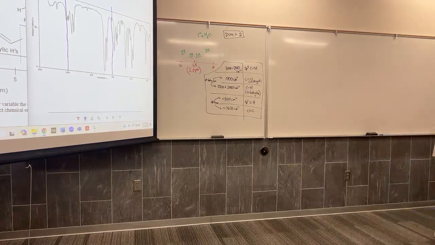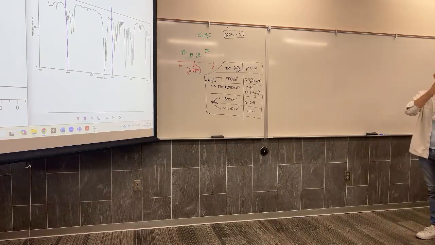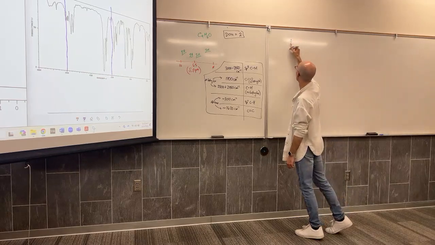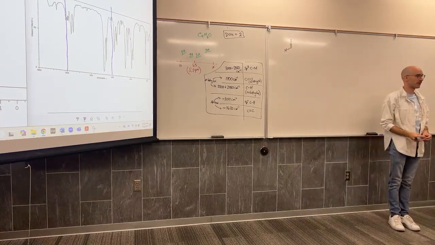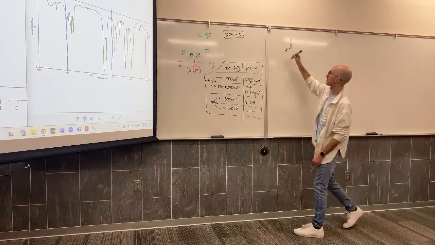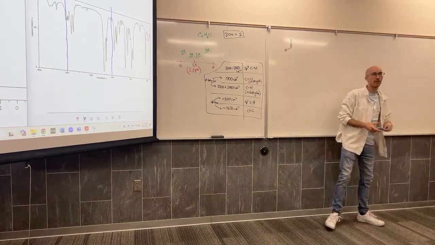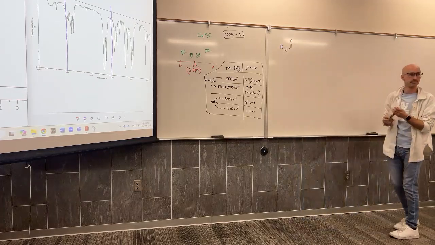I have a signal up that high, which tells me I should be expecting the aldehyde to be there. So I'm going to start with this. I've got an aldehyde in my structure, confirmed. That is signal A. What else? We have